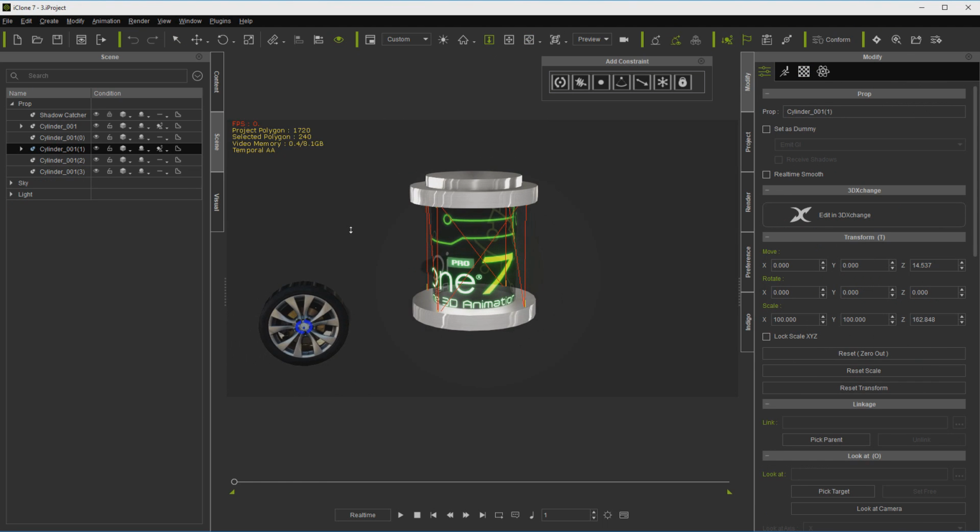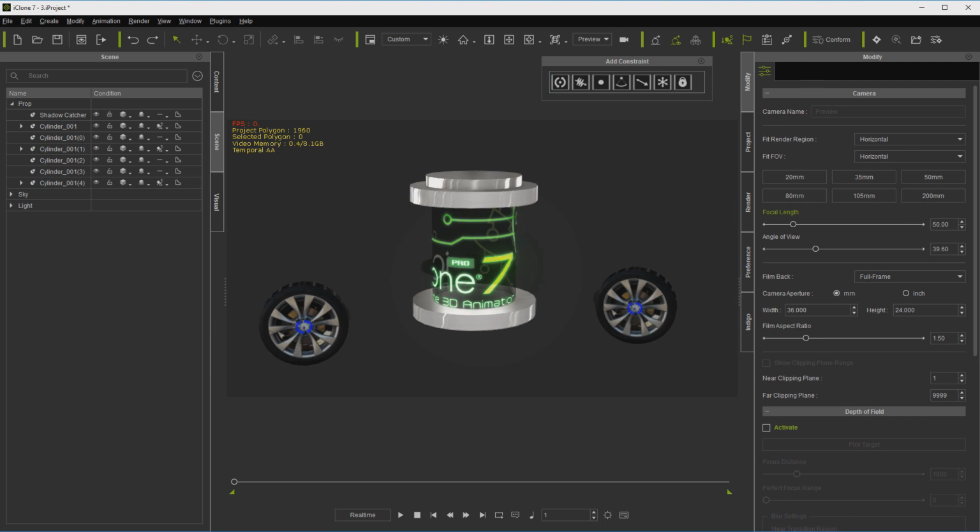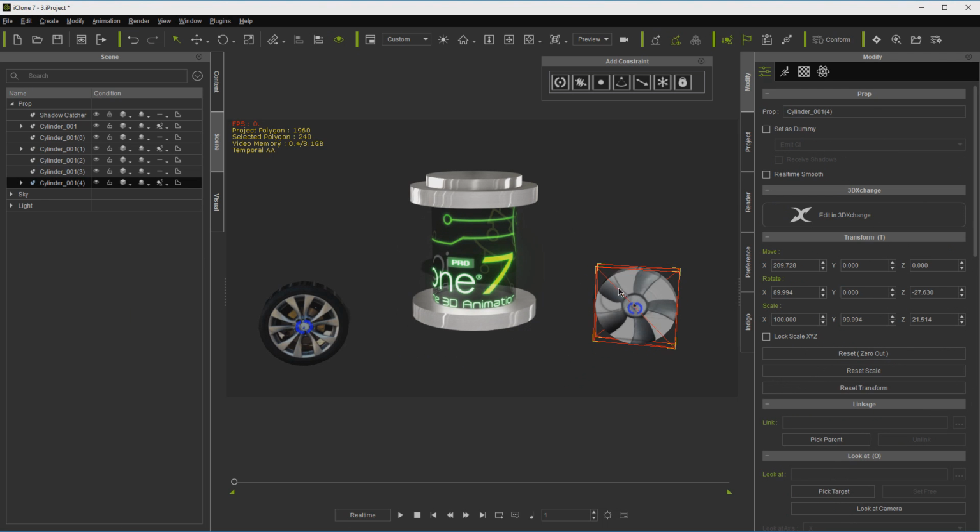Okay, let's go back out a little. Grab this one. Duplicate it. And this is just another little simple thing that you can do to add detail to a building or something like that, is to add a fan. Well, that is if you hit the actual thing you're going to put it on.